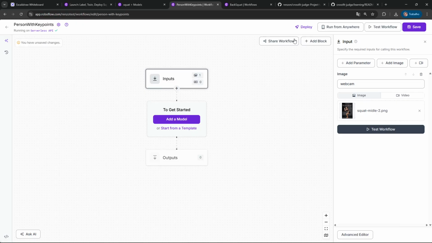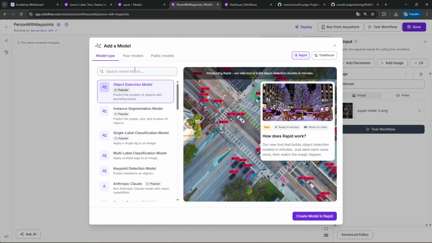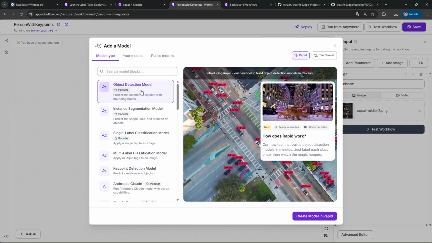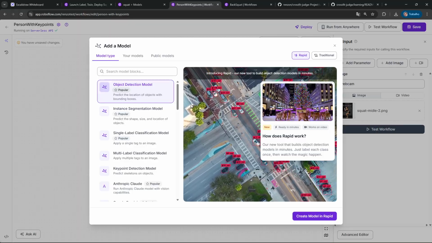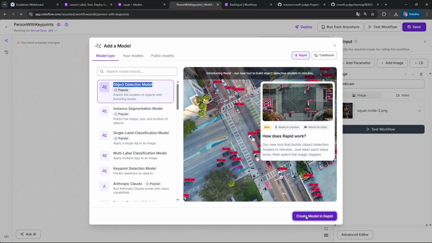So, okay, I have my input in here, and let's try a first model. That was the time that I needed to study a little bit to understand the difference among the models. I believe that people from data science probably are very used to it, but since I was and I am a web developer, I was not. So by studying, I checked that what I want was an object detection model in this case, and I can select it. Okay, create a model in Roboflow.